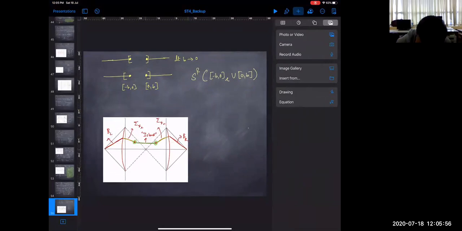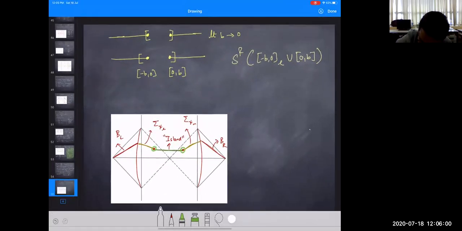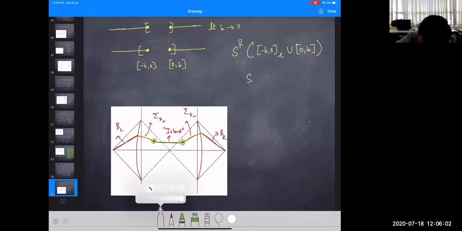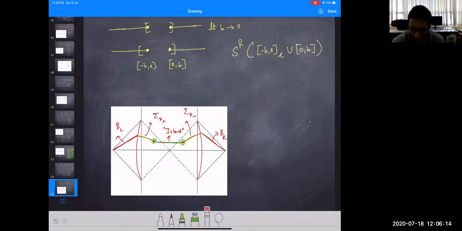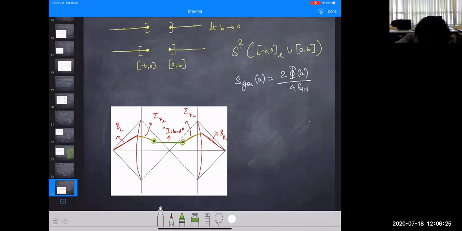Sorry. So let me write down S generalized of A. What do I want to do? Okay, right. So first of all, the first piece here, S generalized A, has as a first piece twice the dilaton, which is the area term. Okay, and the second term,